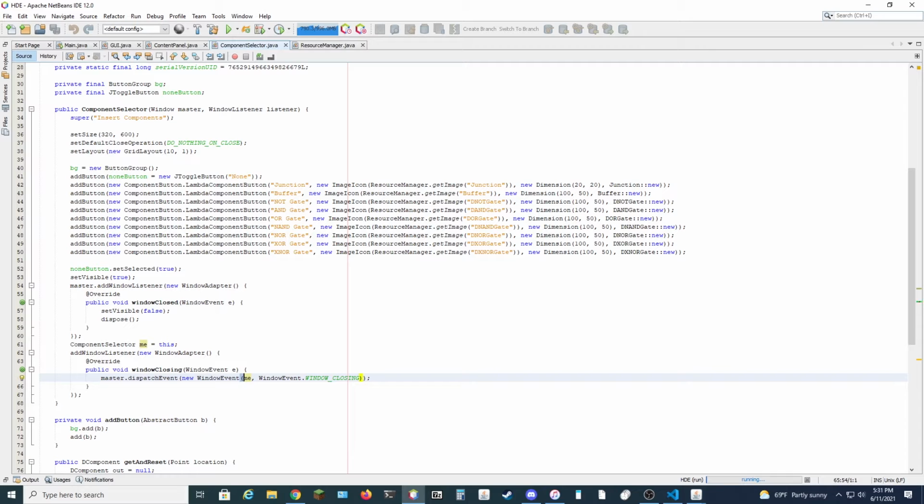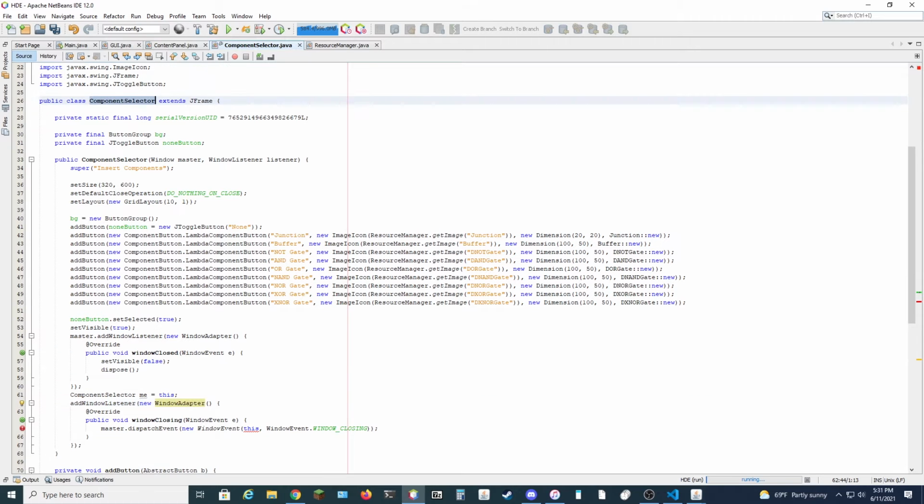However, if we were to just pass in this here, we're currently inside of a window adapter class and not the actual component selector class, and so we'll save a reference to this out here in this scope and then use it in here, and that allows us to use this keyword as if it was part of this outside